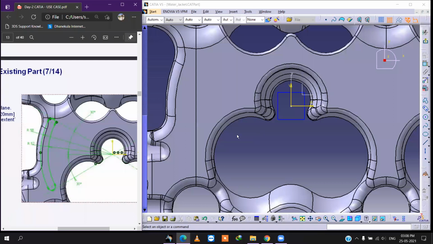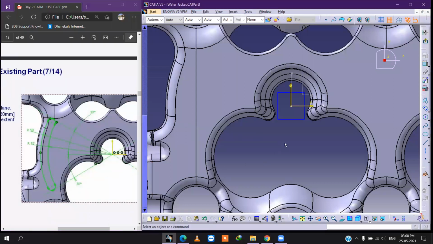Okay, let's do it. Again, what option are we going to use? This profile. Cylindrical elongated hole.